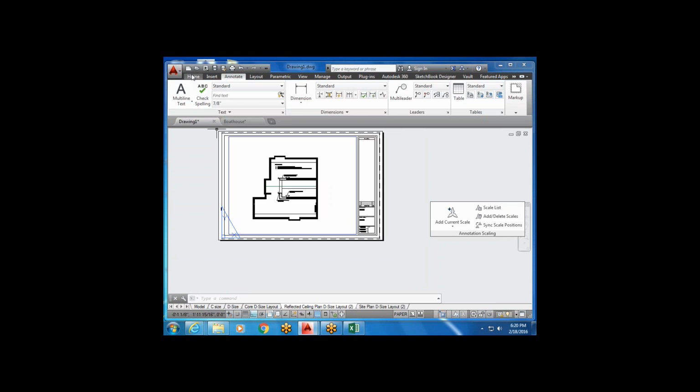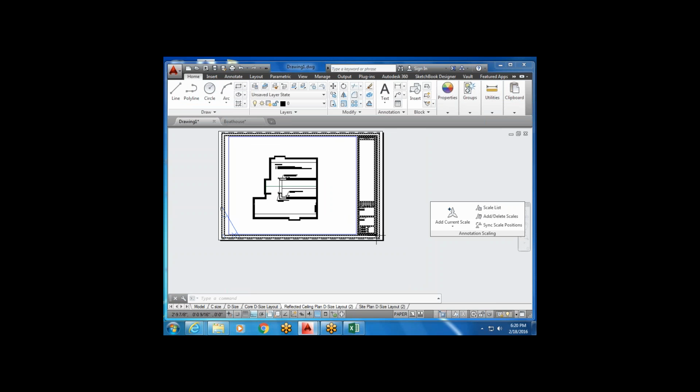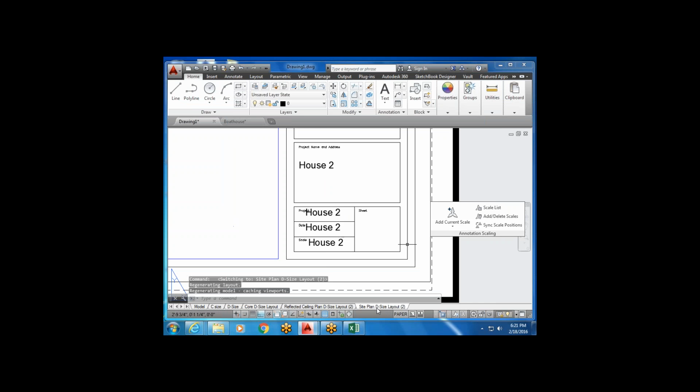I am going to really quickly go back to the Home tab. And I think now we've all got at least how to copy over and then how to bring in our title block that we want to use, how to size it. I do want to do the site plan really quick because it's different. So we made it to site plan